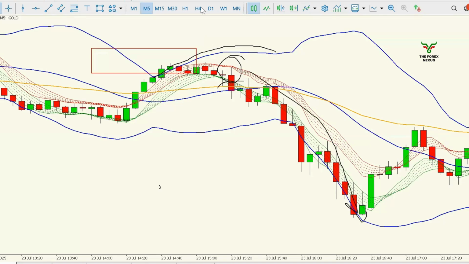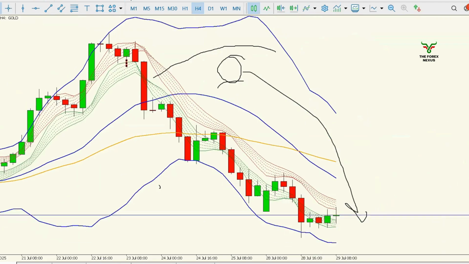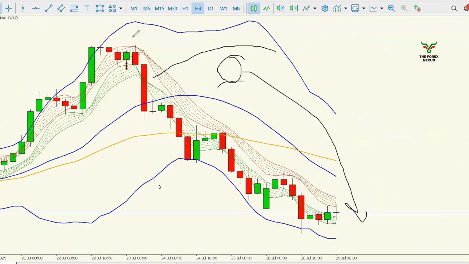Now, on H4, what happened basically? You can see on the next candle, because the first candle failed to break the MA 510 high, and on the second candle, if you look at this example, the market broke MA 510 high here. But here at the same re-entry, it failed to break. If the market is failing to break MA 510 high, that means something is happening here. Market can reverse here. And if you mark this area,